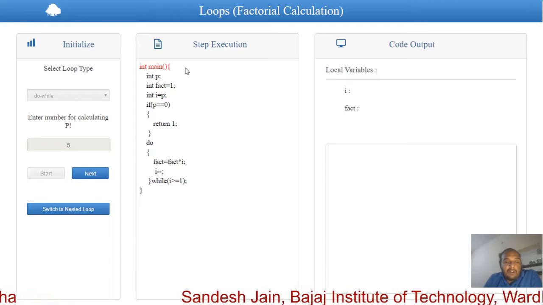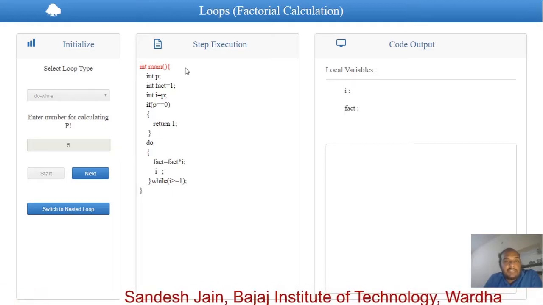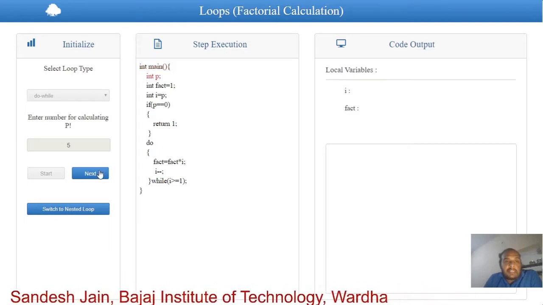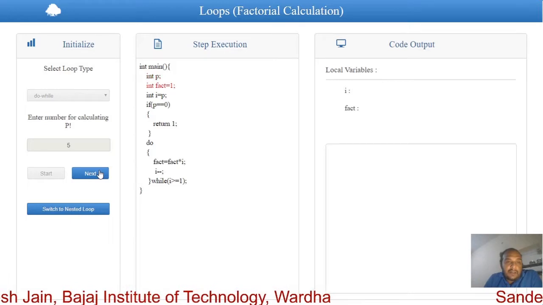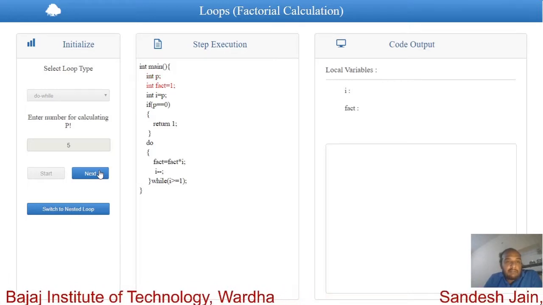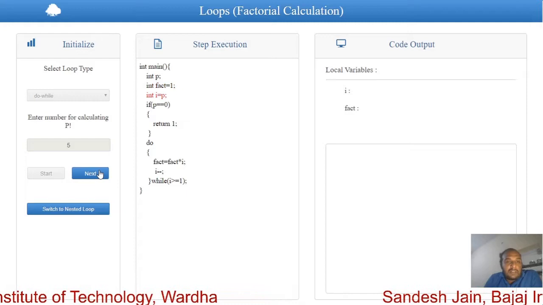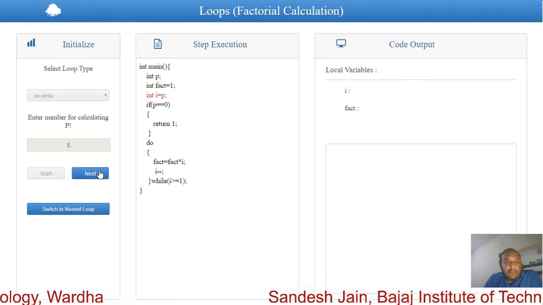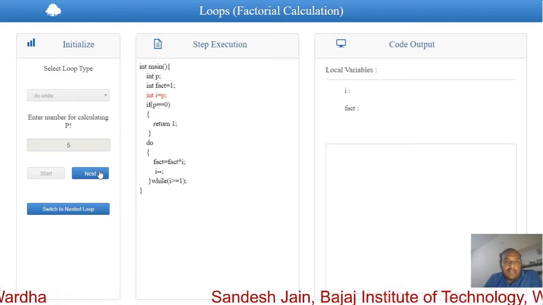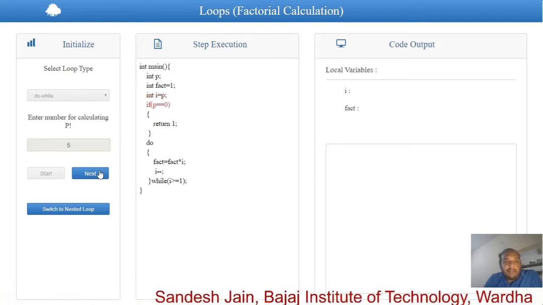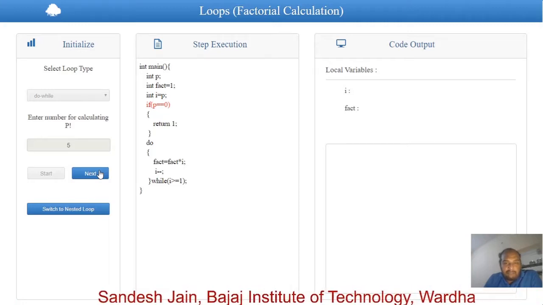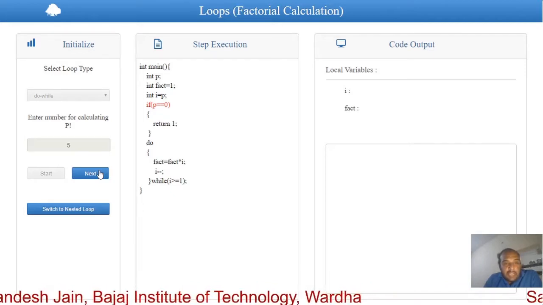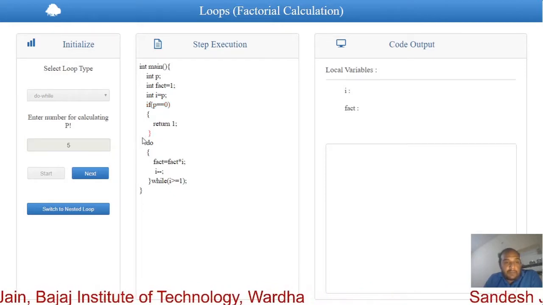execution. As we all know, our C program starts with the main function, hence our main function is currently in a red line. Then we initialize the value of p. The value of p is currently 5. Then the value of factorial is 1, which we require to avoid any garbage value. Then we assign the value of p to i, which means the value of p, which was 5, is now assigned to i. Then we check whether the value of p is 0. As we already know we are given 5, so this condition becomes false, and we move towards the closing of the block of this if statement.